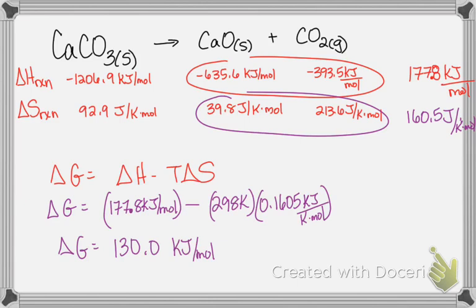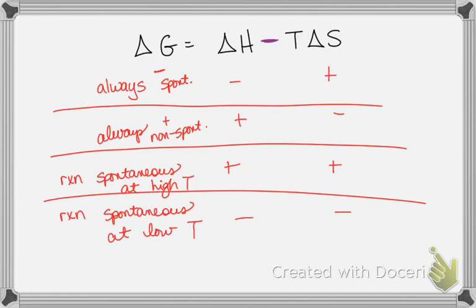But as I said in going into this problem, this is a process that has to happen in industry. Calcium carbonate must be decomposed to calcium oxide to control the SO2 emissions. So we know that if they're both positive, it's spontaneous at high temperature, but what constitutes